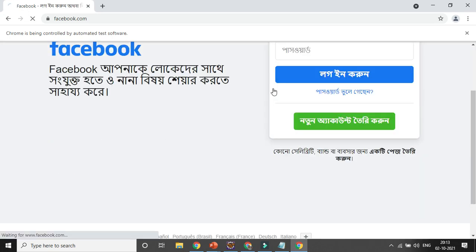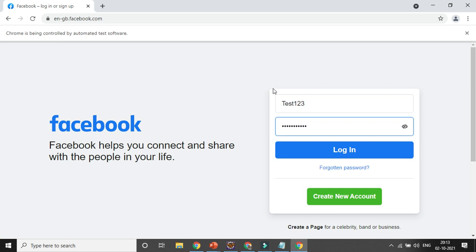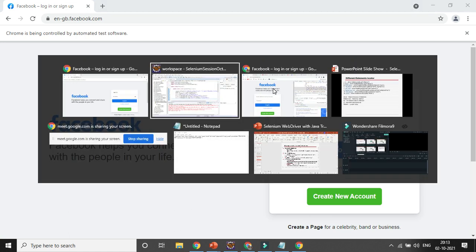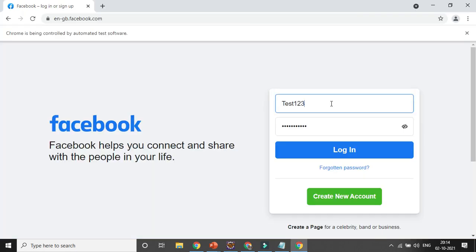Are you able to see it, right? You can see it is getting entered. Yes. Okay, you can see here it is getting entered, right? Facebook page open, in the ID field test123 entered. The password field you will not be able to see, but if you click here you can see it. Password123 is entered. So my code is working perfectly fine. So that's how you can write your code.